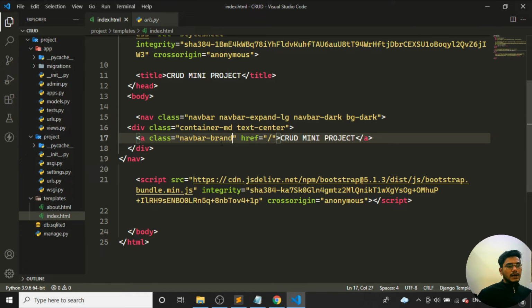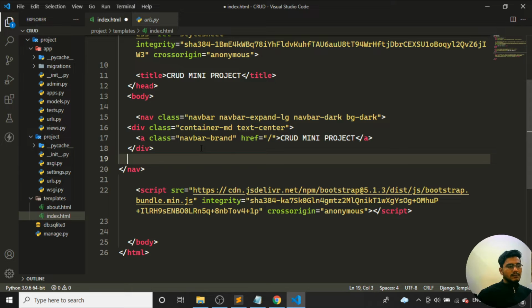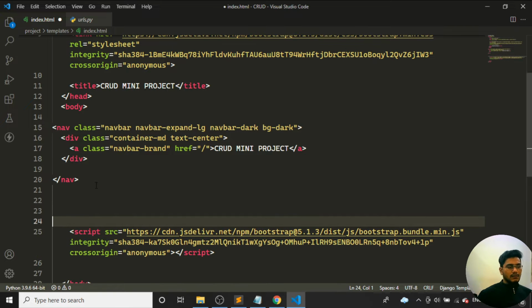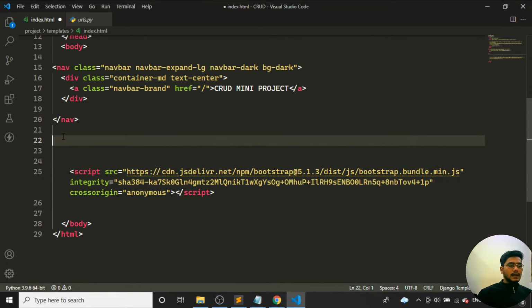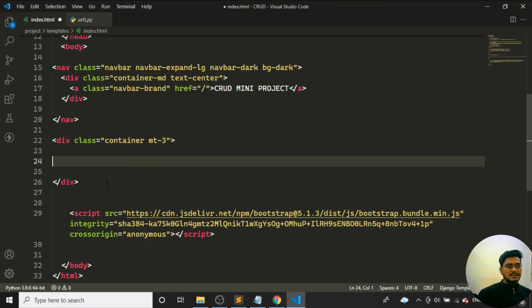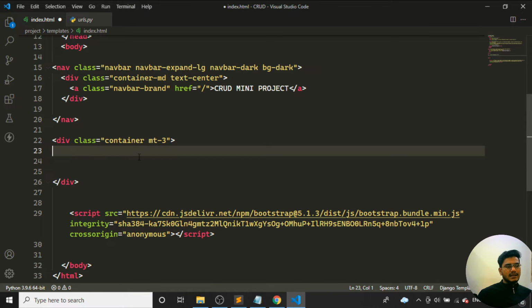Now what I need to do here is, after the navbar, my navbar is starting here and ends over here. So here I need to create one particular form. That particular form, I'll put everything inside a container. I'll just type div.container, and for the margin top give it a 3. I'll just enter. You can see it completes the particular thing with all the shortcuts. So I am just creating one container.